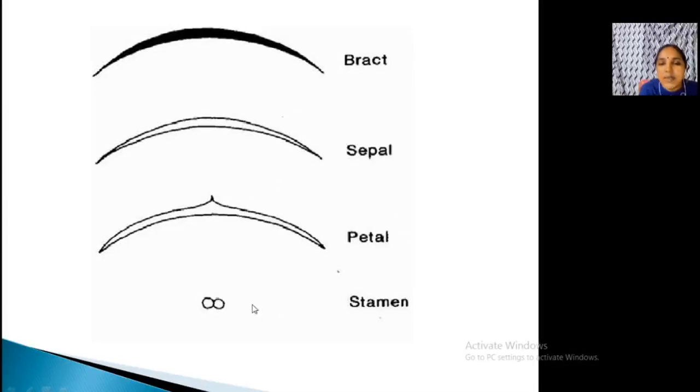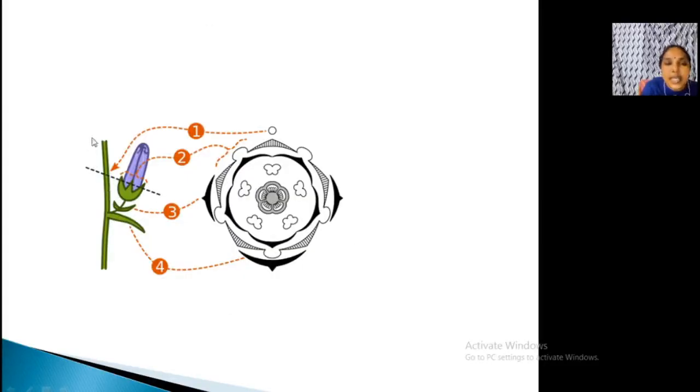Then this is the stamens. You can have 4 dots also. Okay, see, this is an axis, this is the axis. This is where the flower is attached. So how do you draw a floral diagram? See, first this is the axis. The axis you have to represent like a dot, at the top. Clear? Okay.